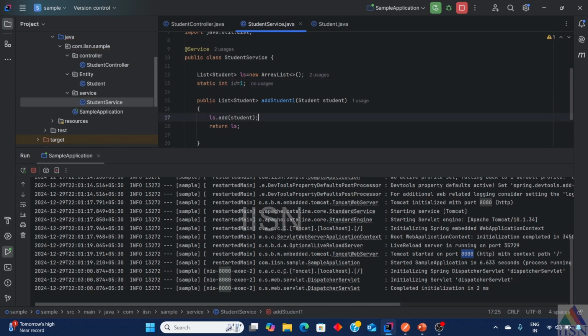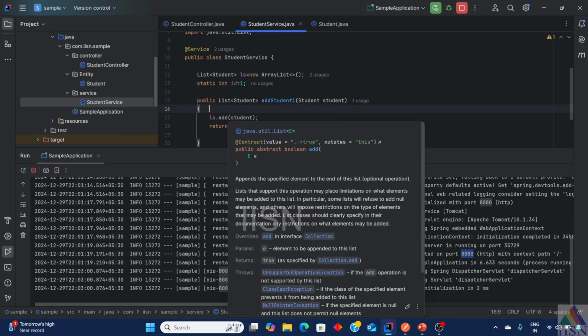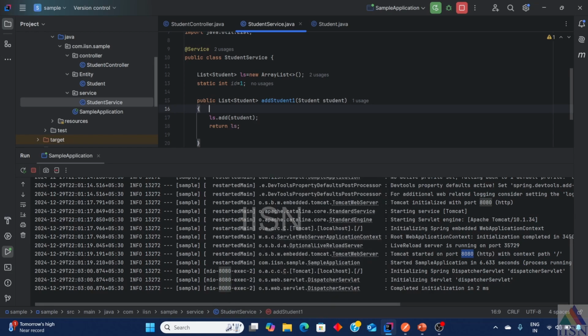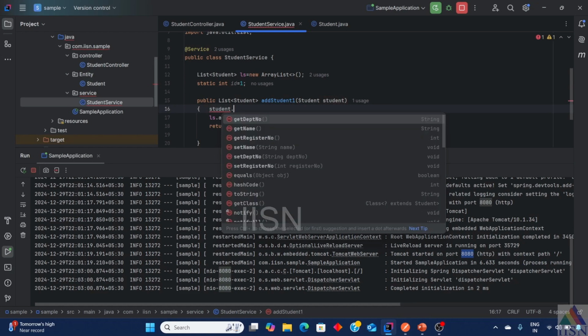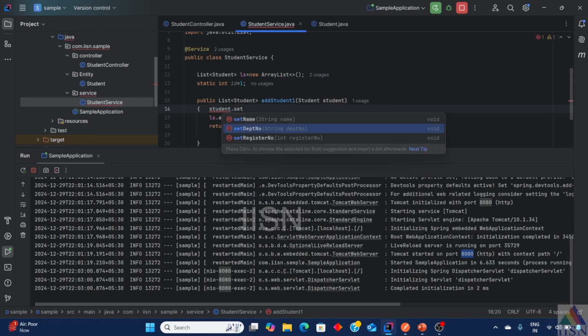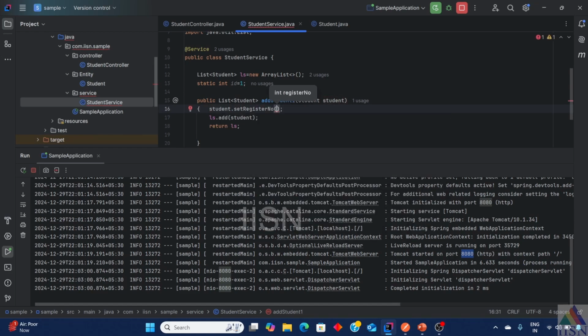Now whenever new data is added, this value is going to be incremented by 1. So I'm just going to use the instance of this student class. Now I'm going to get the instance of it, student dot set registration number, which will be incremented by 1. Okay, so id is already 1. When a new value is added, I'm going to increment by 1 and add that value into it. Now we are going to